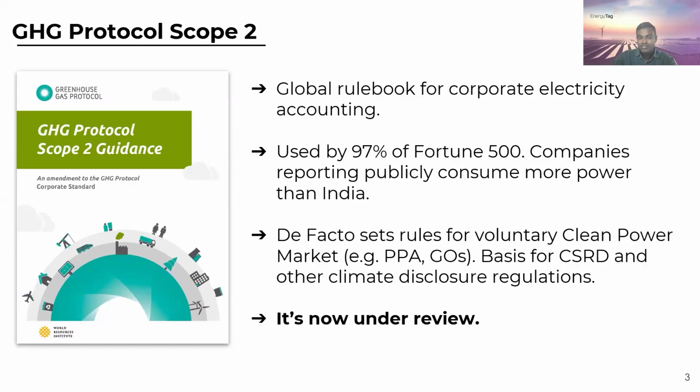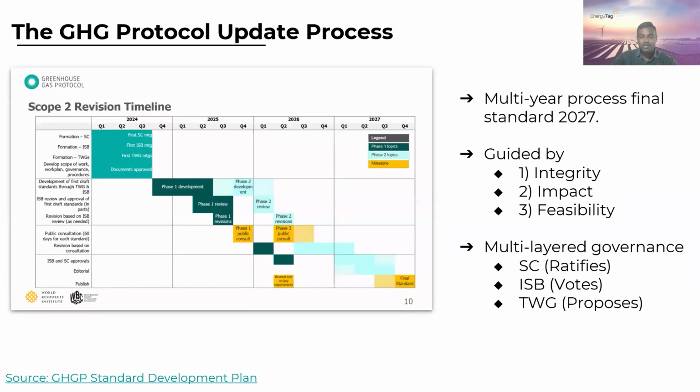This is basically a de facto set of rules for the voluntary clean power market, such as contractual instruments, for example power purchase agreements, guarantee of origin certificates, or renewable electricity certificates, etc. When companies use them and report them under their greenhouse gas inventory, this is the standard being used. And this is the standard which is currently under review and which we are going to discuss in this